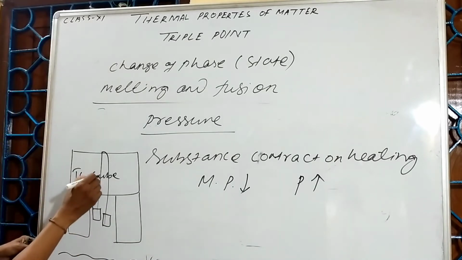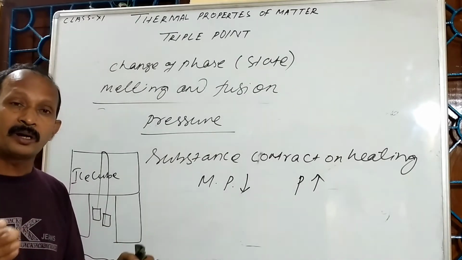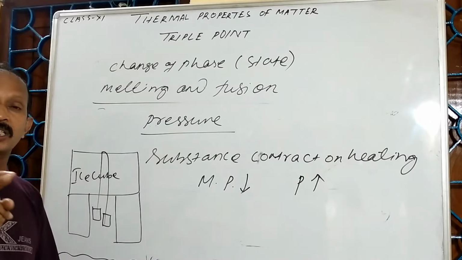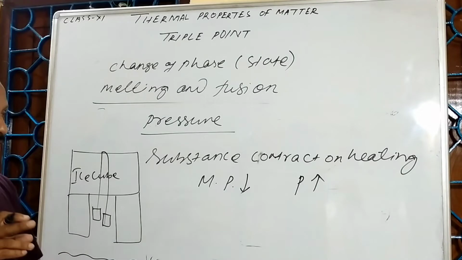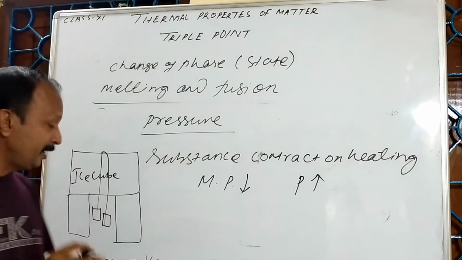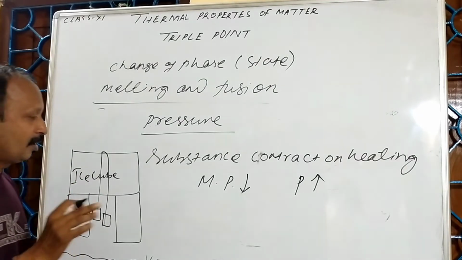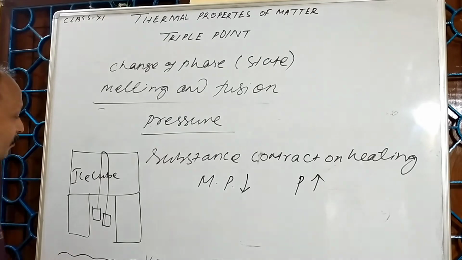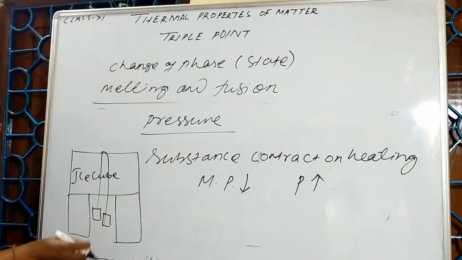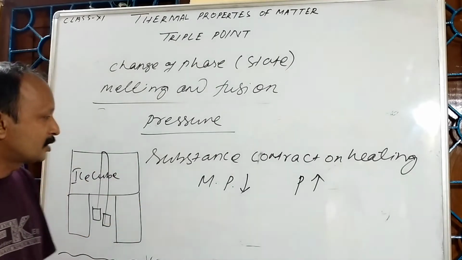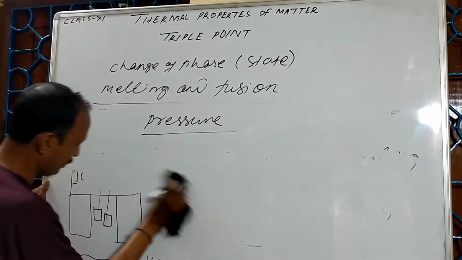At the same time, when the thread passes just to the backside, again you will find the water freezes, because the pressure decreased. When the pressure decreased, the melting point increased. That means what became water again became ice. So this is the phenomenon of refreezing: there is ice, due to pressure it became water, and once again the water froze. The phenomenon of refreezing is called regelation.